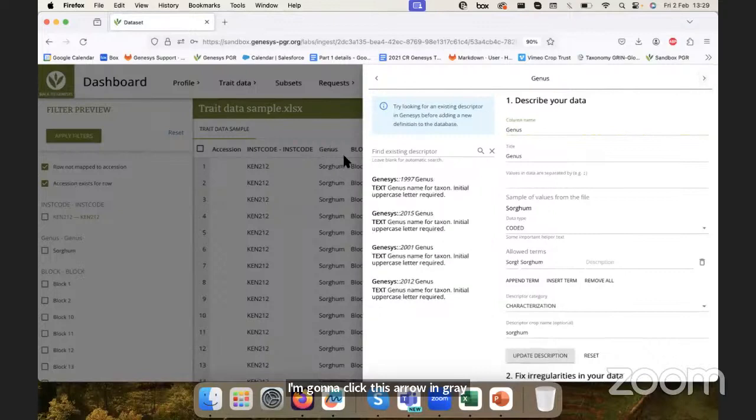to move on to the next column here, that is genus. The column name, original one, is genus. The title is genus. I want to change only the column name. The title is what shows to the users. The column name is kind of internal, just between us. And I want to change it to conform to MCPD,